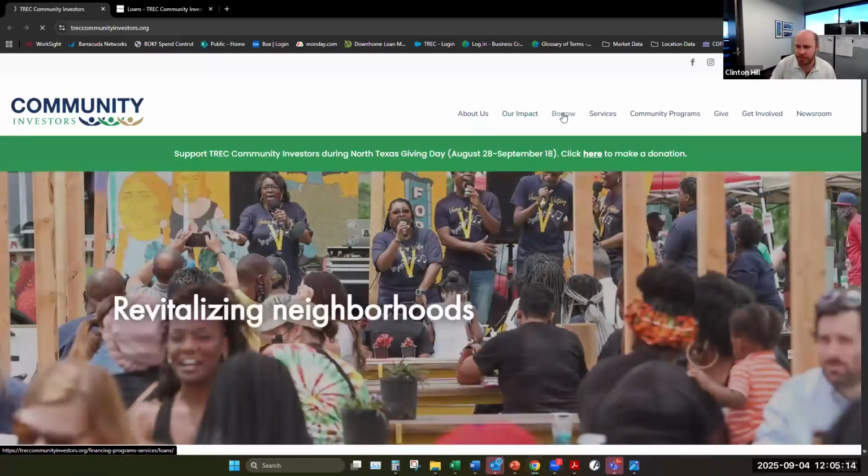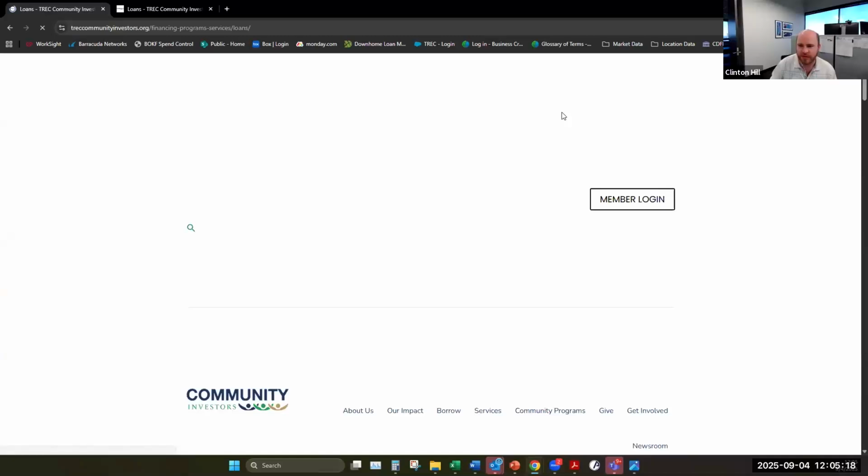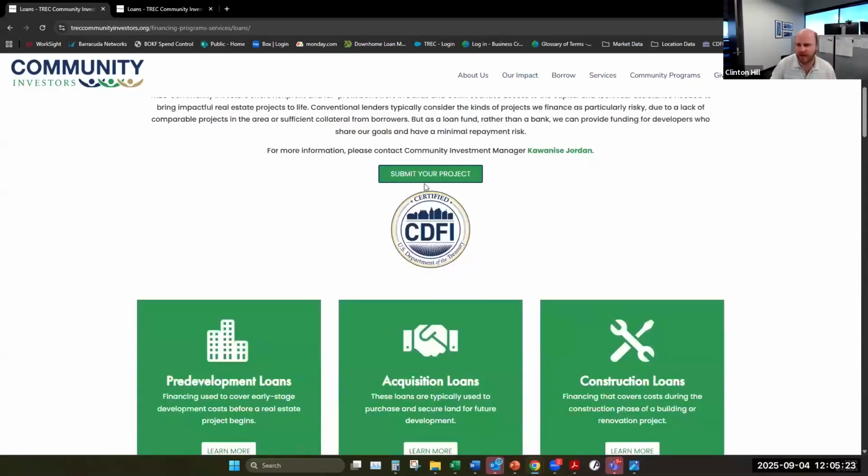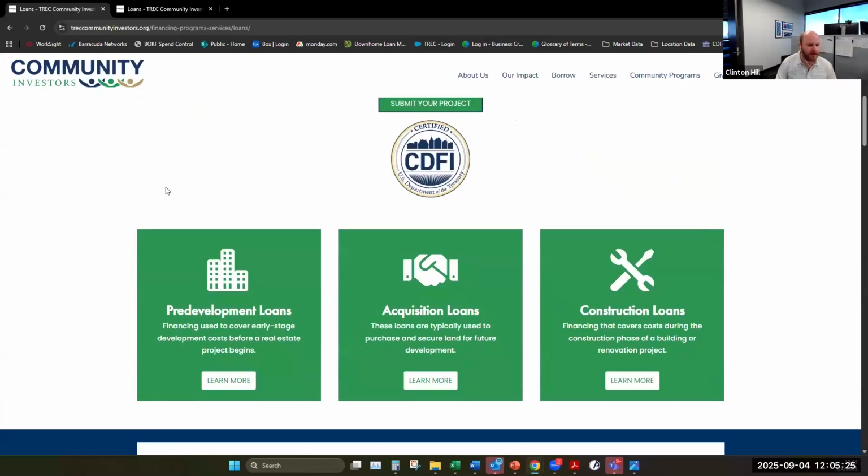So I'm hopping here on our website. We have a borrow tab here that we're going to use to just highlight the program at its height. I'm scrolling down here to point out really three different loan types that we have available, and they're all going to be based upon the timing of where the project is in its life cycle.